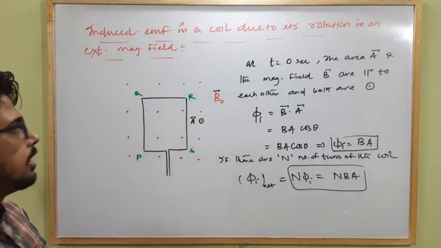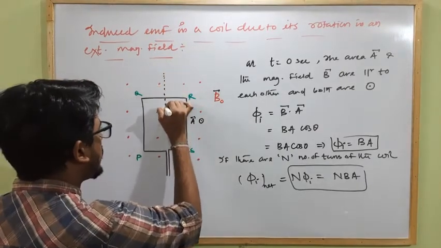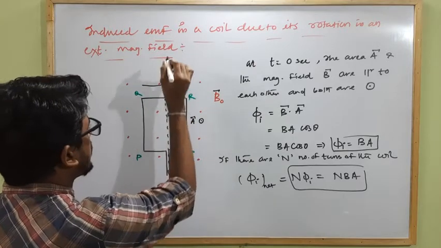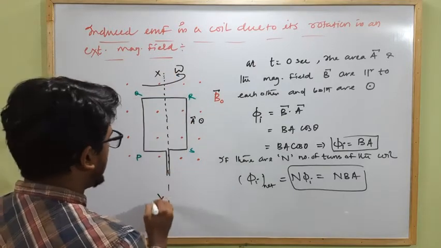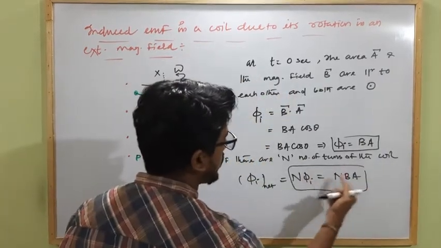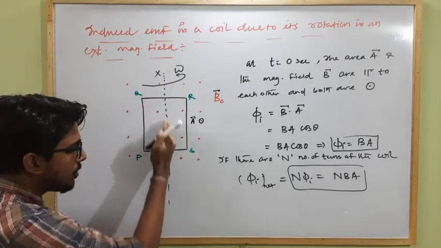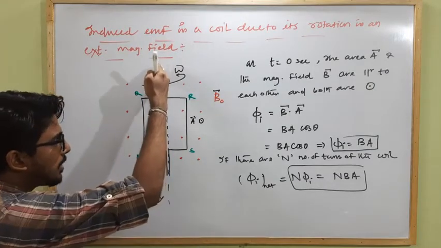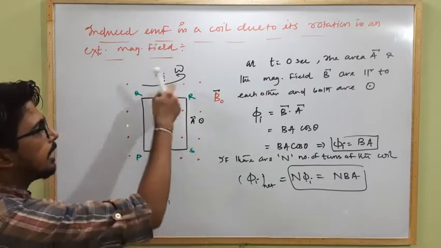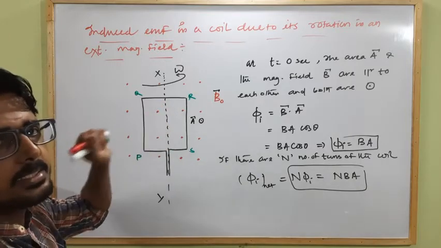The coil. So at any instant of time, if it is allowed to rotate about an axis with angular velocity omega. Initially the coil is like this position at t equal to 0, for which the flux linked with the coil will be this much. Now the coil is allowed to rotate about an axis xy, which is passing through the coil parallel to its plane. So what will be the flux linked with this coil at any instant t?